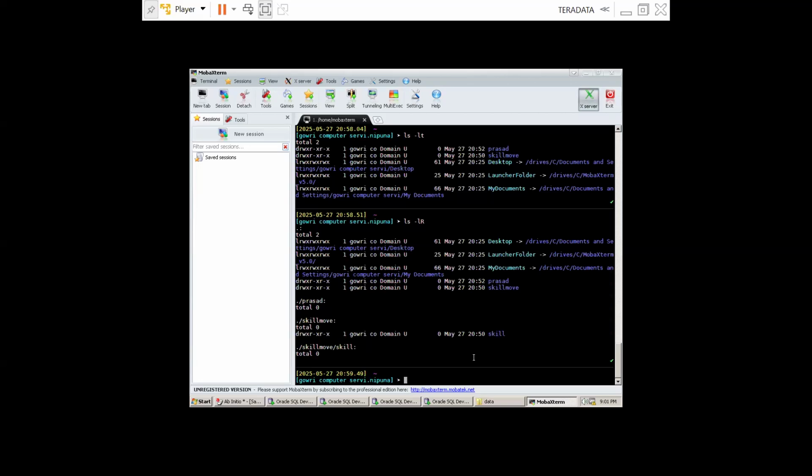If any other person also has access to your server, like a common server, suppose you're working in a dev environment. In dev environments, several persons are working. Suppose I am connected to this directory or this server. If any person logs in and creates a directory here, Gauri is a person who is authorizing